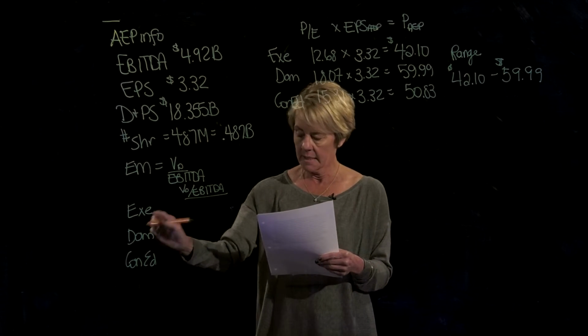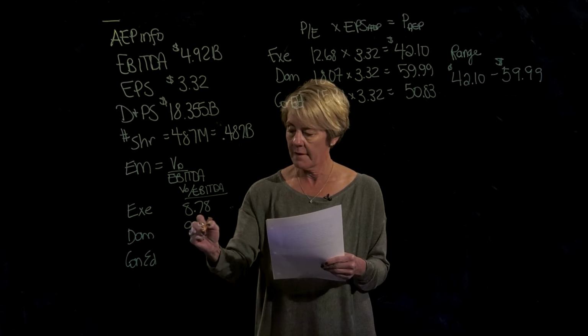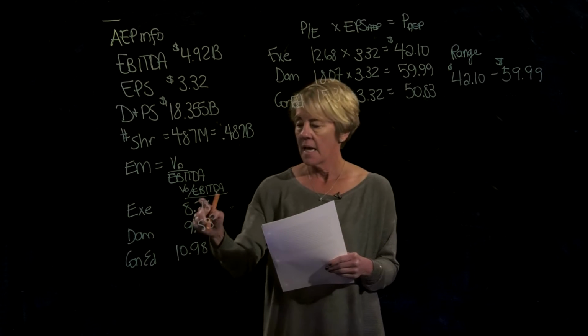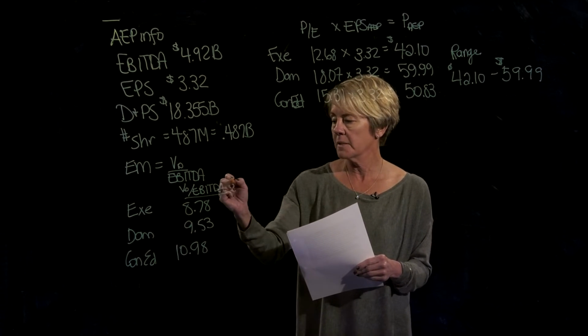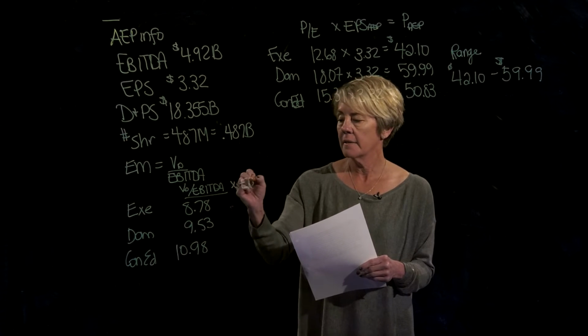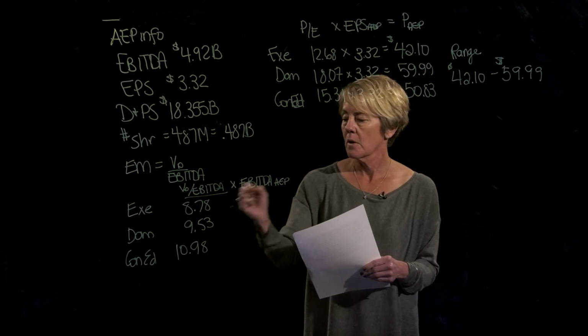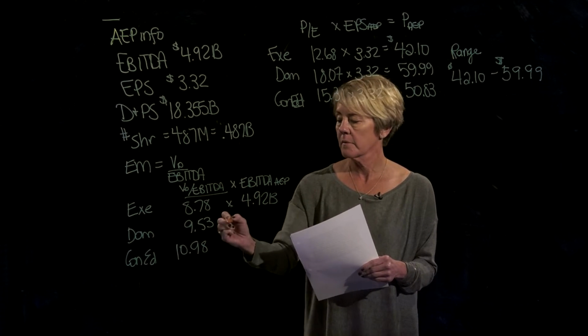So Exelon's is 8.78, Dominion's is 9.53, and Con Ed's is 10.98. If I multiply an estimate of the enterprise multiple by EBITDA for AEP, which we know is $4.92 billion,